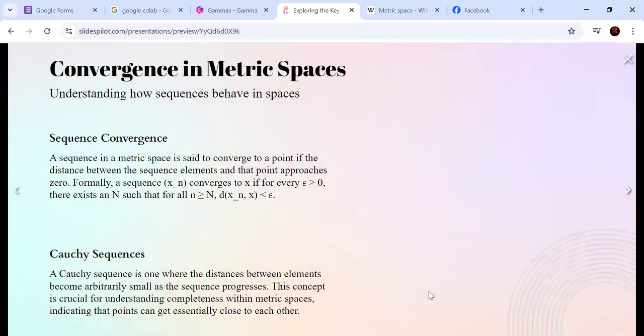So, convergence in a metric space. Understanding how sequences behave in a space. Sequence convergence. A sequence in a metric space is said to converge to a point if the distance between the sequence's elements and the point